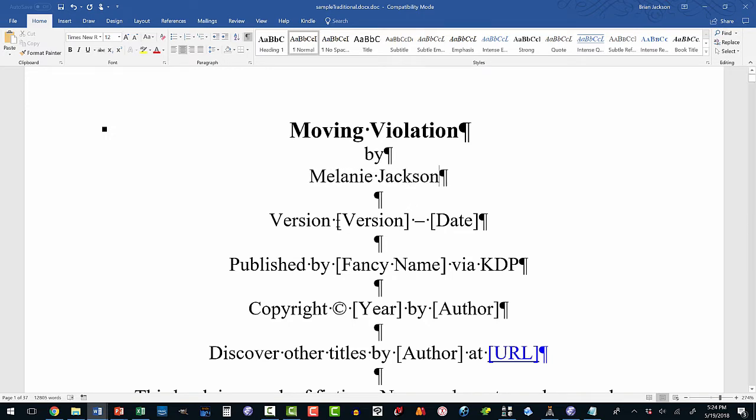Now the version here, I like to put versions on my documents. So the first one that I come out with is 1.0. After it's been edited, I go to 1.1, and then I just keep upping the number as new major versions and edits come out. The date is going to be